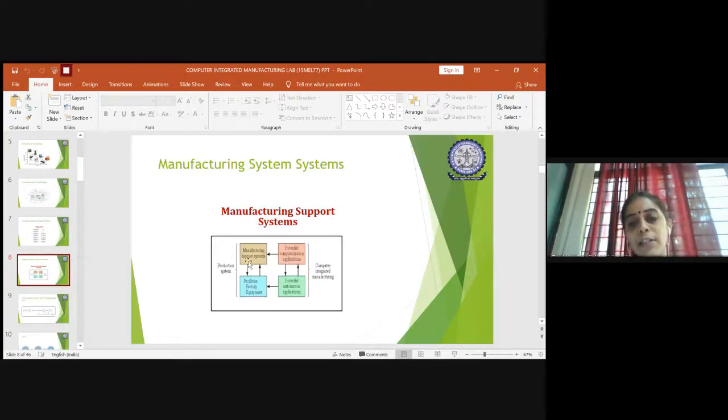So now you can see the change. This is the manufacturing support system. This is the production system, and now it is assisted with computer integrated manufacturing. Manufacturing support system will be facilitated with respect to all the equipment available in the factory. But now the potential automation applications will be embedded in the manufacturing sector, and you will have potential computerization applications.